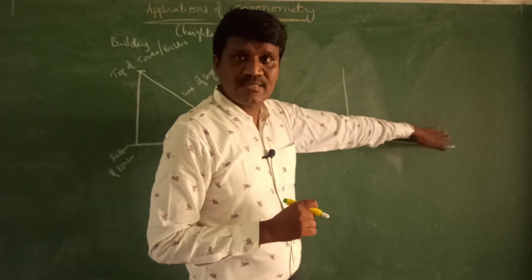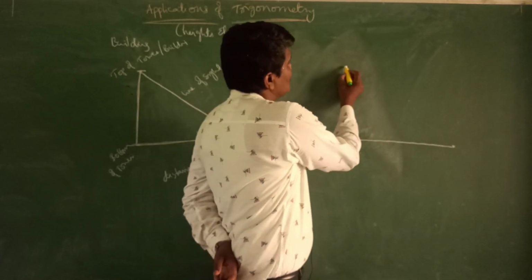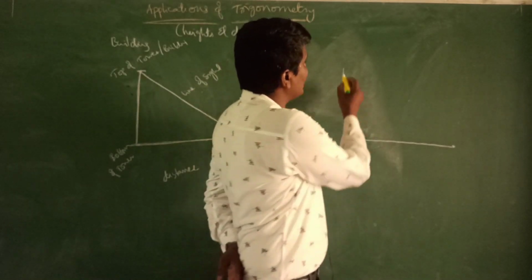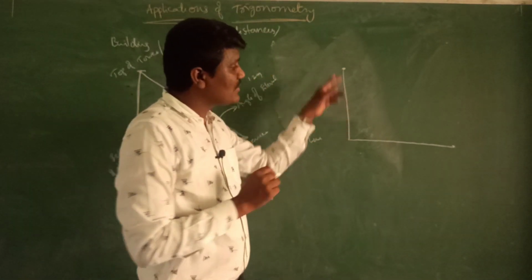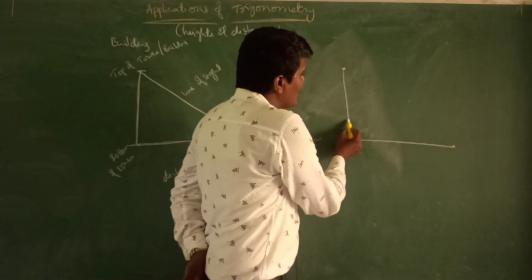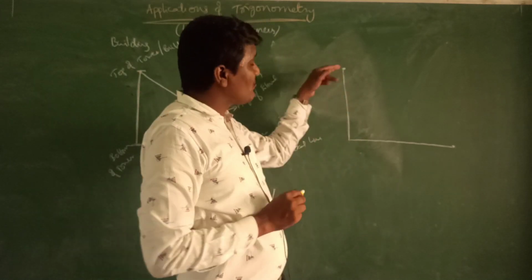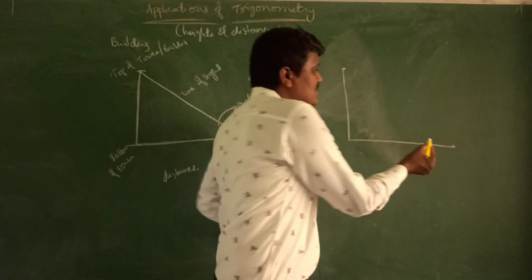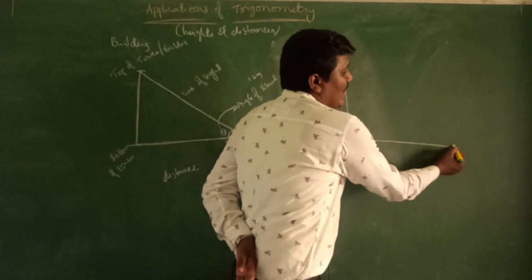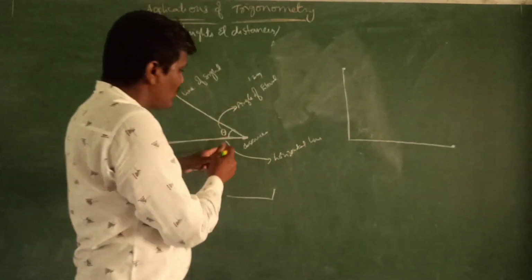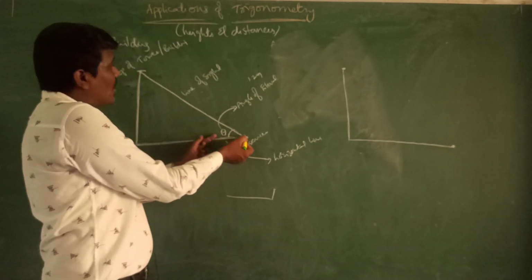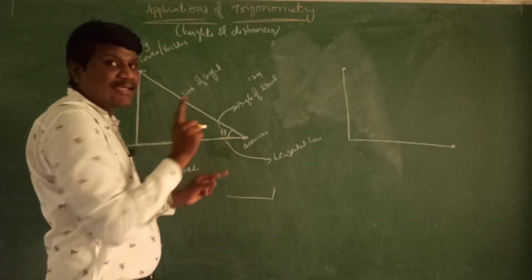Instead of this, one person is standing here, on the top of the building, and from the top of the building he is watching the point. This is the point of observation. So in this case, from bottom to top he is watching, then that is angle of